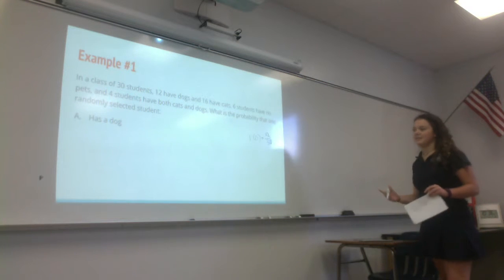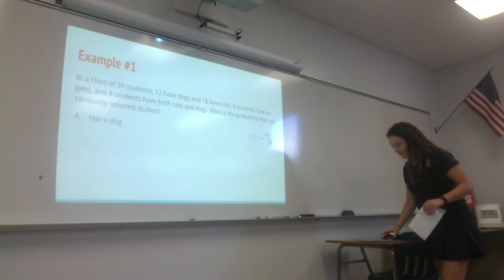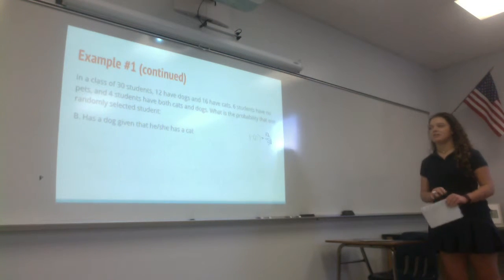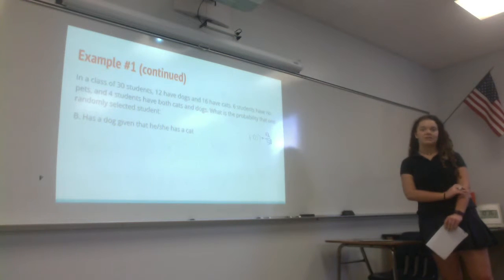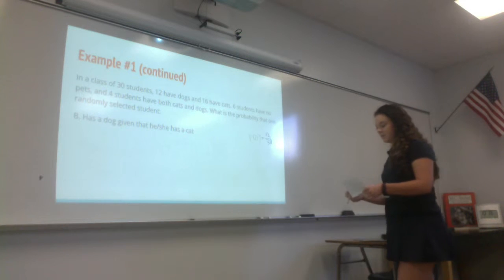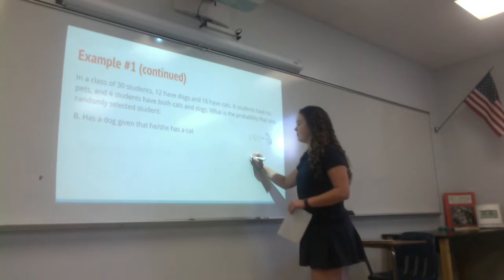Because right there we're just finding the probability that they have a dog, so that's an independent event because it's not affected by anything and it doesn't affect anything else. And so the second part of this example is, what is the probability that one randomly selected student has a dog given that he or she has a cat? And so it says right here, 4 students have both, so that'll be